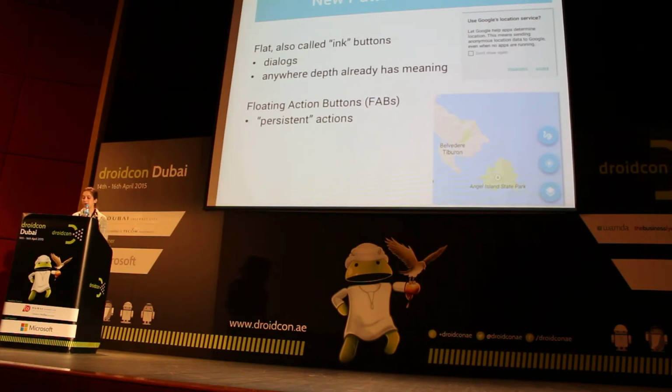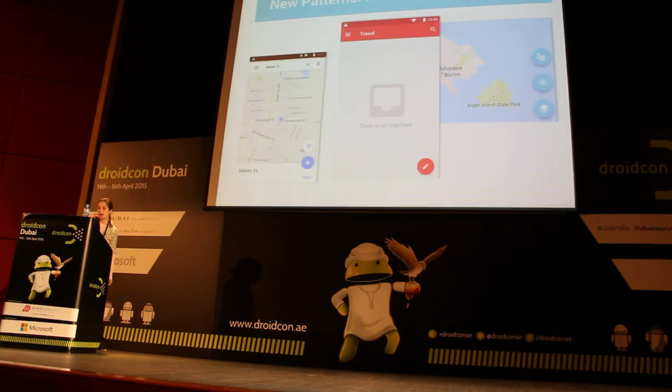We also have something called floating action buttons, and you've been able to see these for a while in Google Maps, but it's being suggested as more of a pattern now. You can see them also in the email app when you go to add an email. These are meant to stay in place on the screen when the content underneath them is panning, like a map